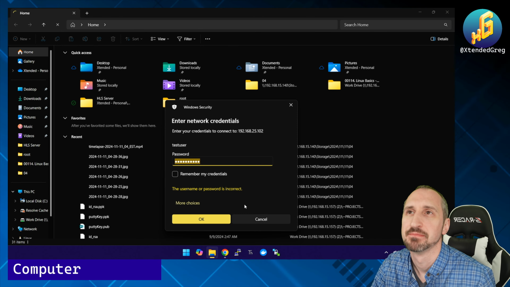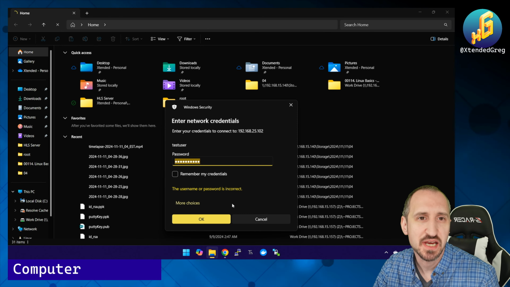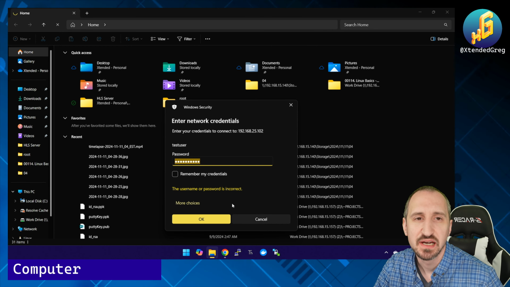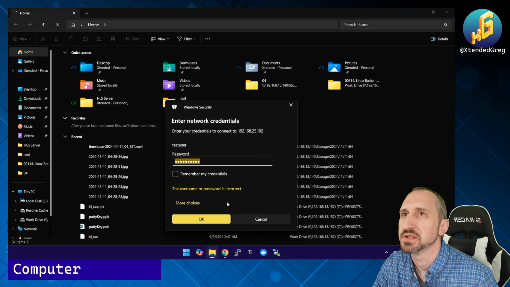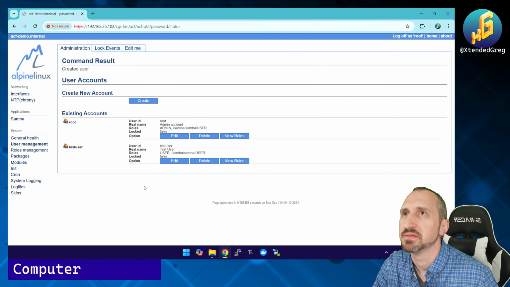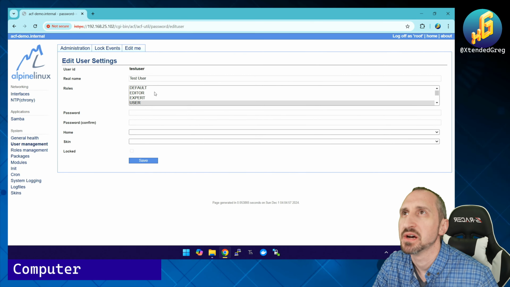Now, normally when we actually have Samba installed, we have to do smbpasswd in order to be able to modify those particular credentials. It looks like it doesn't have that capability to be able to do it natively, or I'm not doing it right. I haven't actually used this for that,